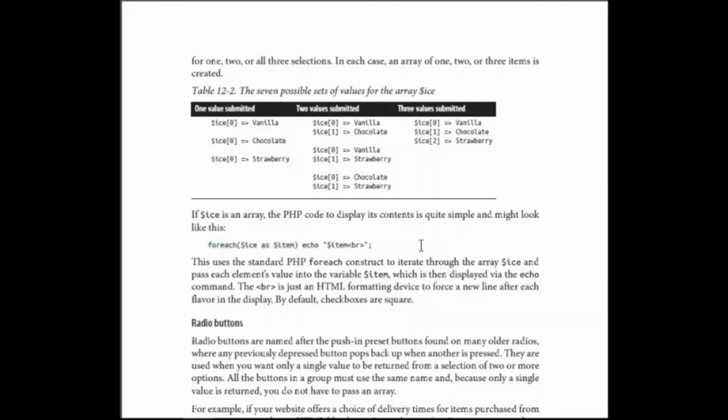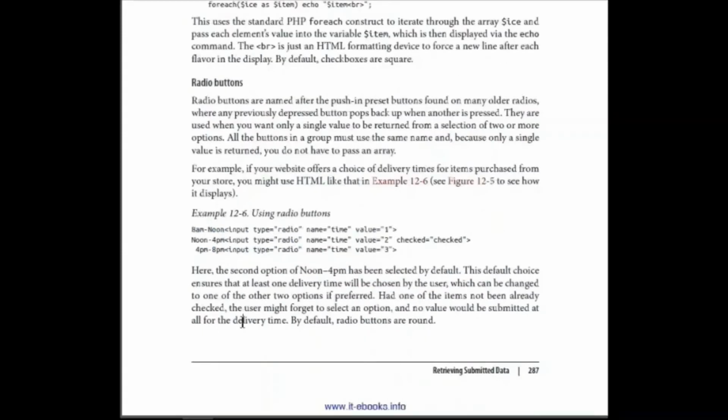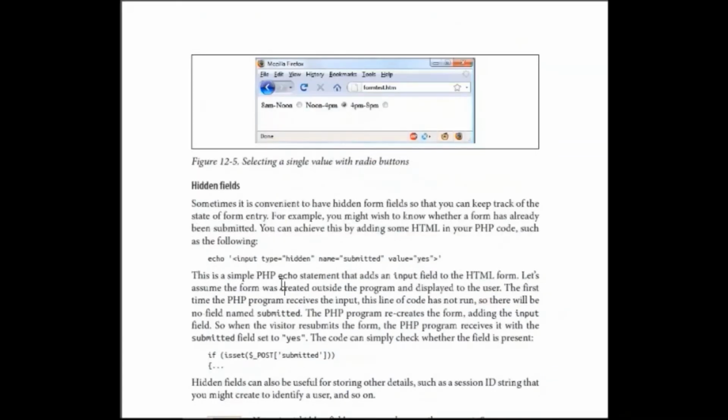For example, we have clicked 2 checkboxes. This loop will run 2 times and display the value of the checkboxes that were clicked. If we have clicked 3 checkboxes, this will run 3 times, and so on. For the radio buttons, there is no issue. You don't have to create an array. Why? Because only one radio button can be clicked. Secondly, an important thing is that it would be recognized with its value. Value is equal to 1, value is equal to 2 and 3. And checked is equal to checked means that this particular button will be checked when you run your file.